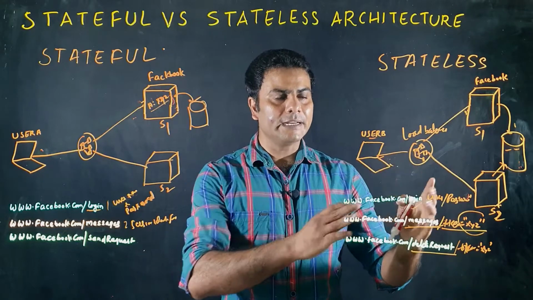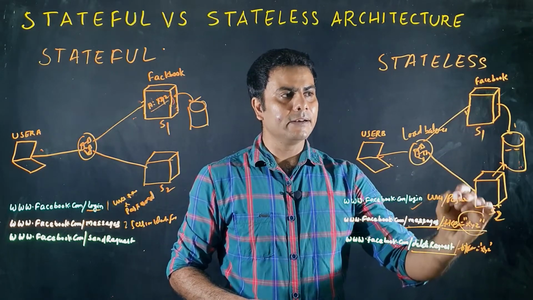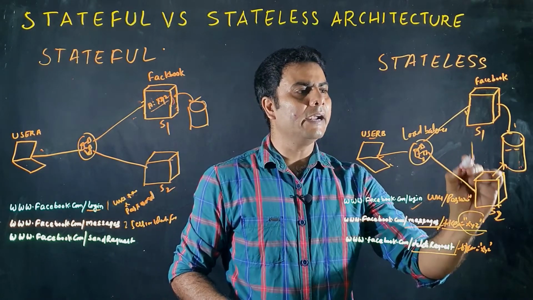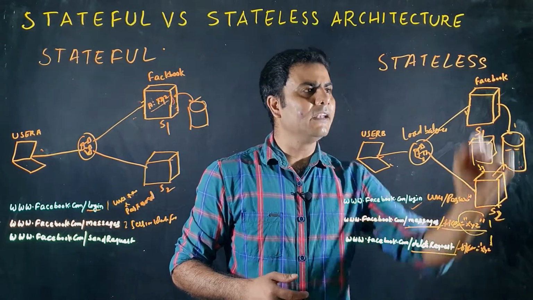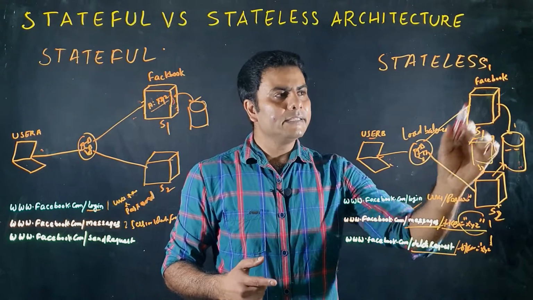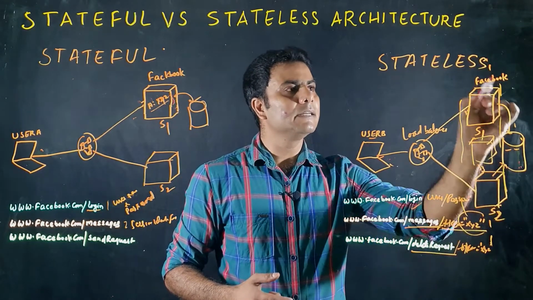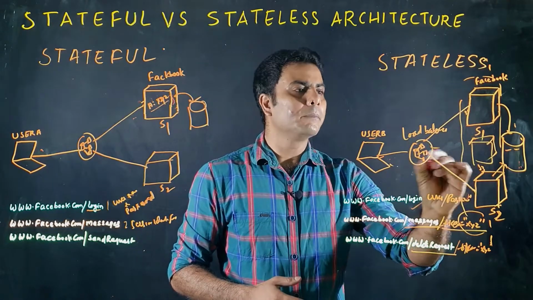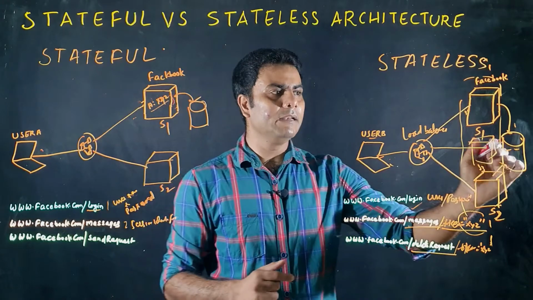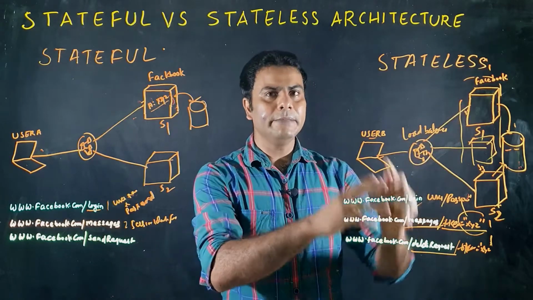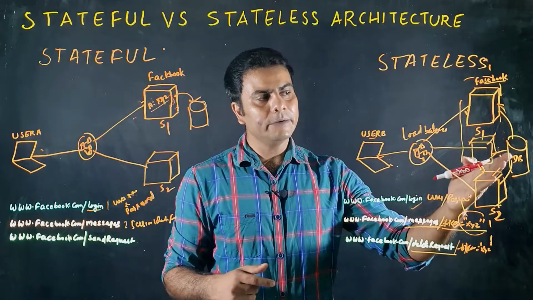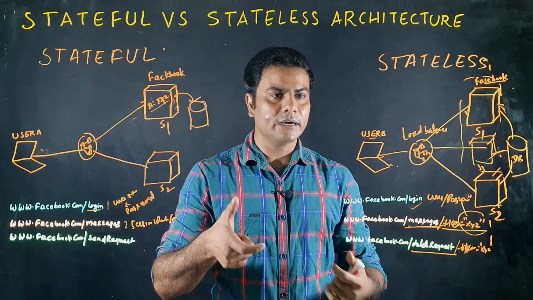So if you look at this architecture, these servers are identical. If the load increases in this kind of architecture, then we can add another server here. We can add n number of servers. In this case, these are identical. They are not saving any HTTP session data on the server. So the request can be processed by any of the servers, and they will make a call to the database to get that session information and verify it, and based on the session being valid, the user will be able to navigate the other pages. Here we are using the database for session storage.